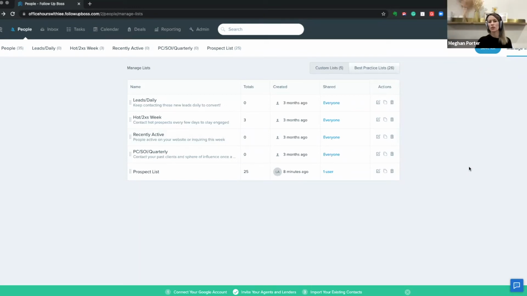To Donald's question though, if you're an agent on it, you can create your own smart list, right? You can start from scratch and create your own. You'll have ones that are also shared with you, but you can also save your own list anytime. And I don't even know if there's an option, but theoretically you'd be the only one to see that. I don't know if there's an option to share it with the team, but in theory, you don't want to. Yeah, you should just create it for yourself usually.